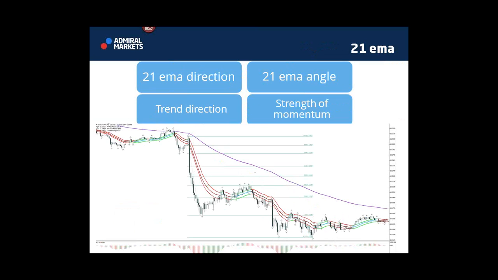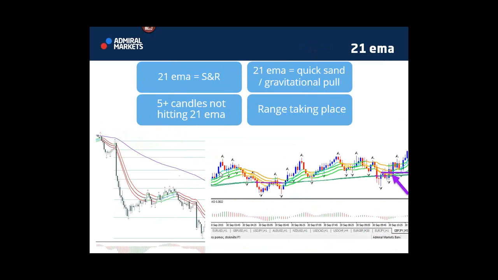There's a pullback or there's a reversal. There's indecision. Now the angle, you can see when price is falling here, the steeper the angle, the more momentum there is. Whereas, of course, when price is going like this, there's obviously more of a correction and sideways move here too. So the angle will also give us an idea about how strong the momentum is. So those two things are important with looking at the 21 EMA. But I also use 21 EMA for support and resistance. So the 21 EMA is very important because there are multiple things I use for that. And the 34 works very well as well. I think the 30 or 40 could do just as well.